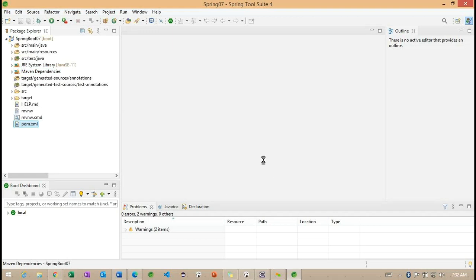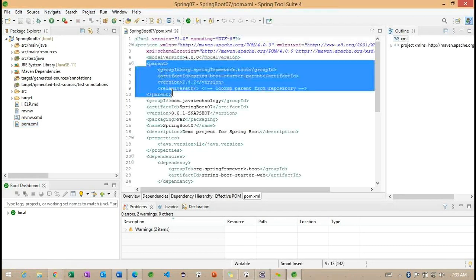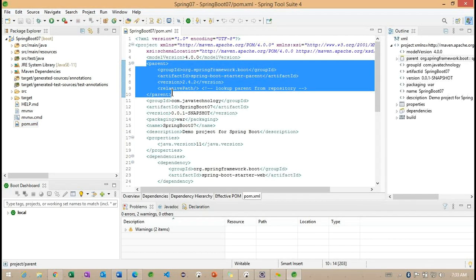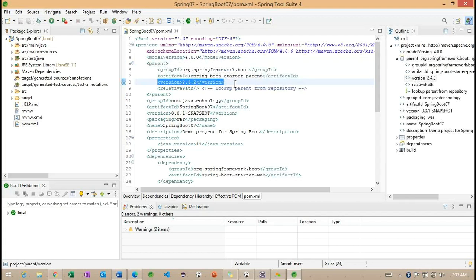We'll go back to the pom.xml first. Now you can check here, this is the parent. Based on the parent tag, all the dependencies are going to be downloaded. Which version are we specifying here? 2.4.2. Right. And now you can identify org.springframework.boot and the artifact ID, something called spring-boot-starter-parent.